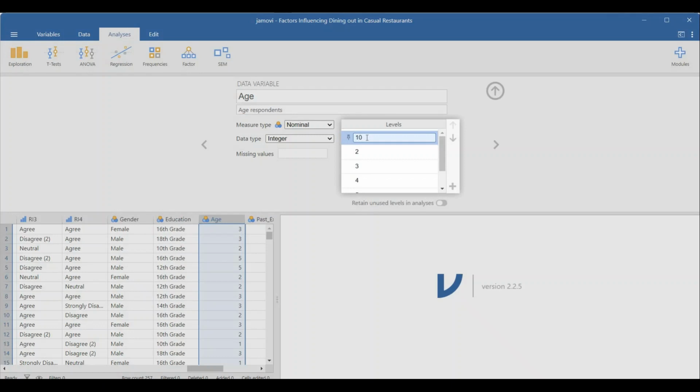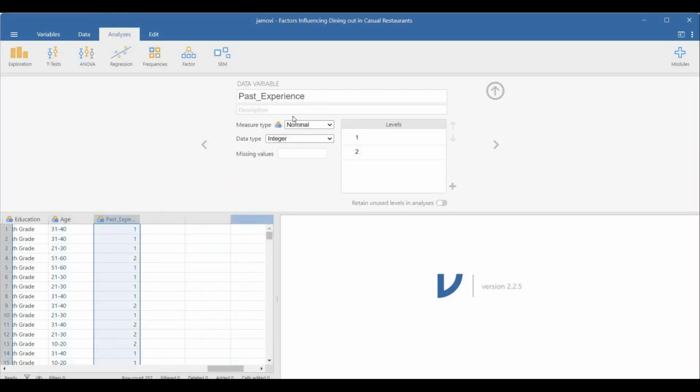Now these are 10 to 20, and then 21 to 30, and then 31 to 40, and then I think 41 to 50, and then 51 to 60, and 61 and above. So now our coding has been completed for the age, and